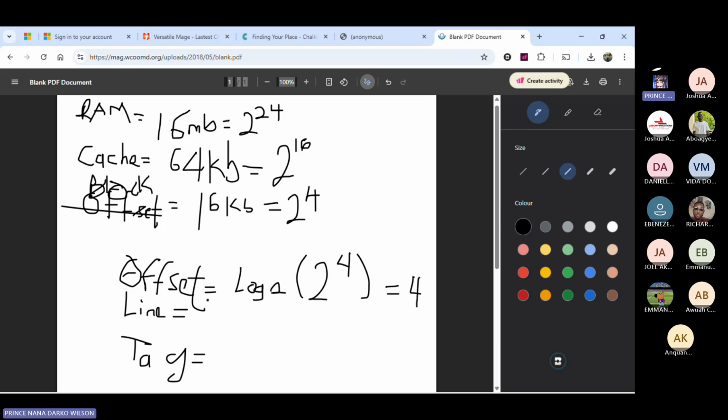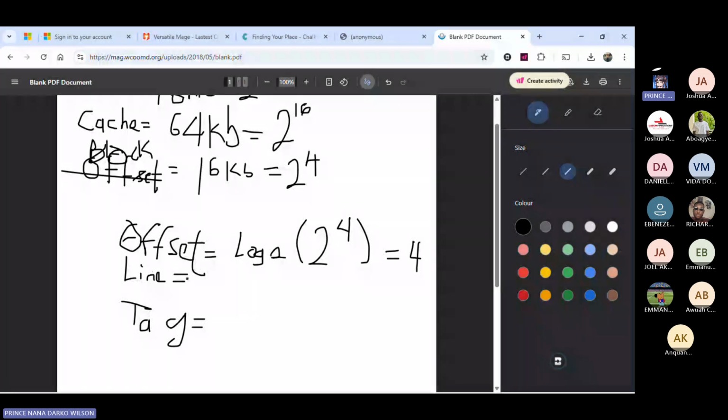And then we come to the line. In order to calculate the line index, it is a log to the base 2 of the quotient of your cache. So you take your cache, you divide it by the offsets, and then you find the log to the base 2 of that. That always gives you the line index. So basically, we are taking the cache and breaking it into smaller regions that will fit the data that we are going to have. So that's 2 to the power 16 divided by 2 to the power 4. And then you find